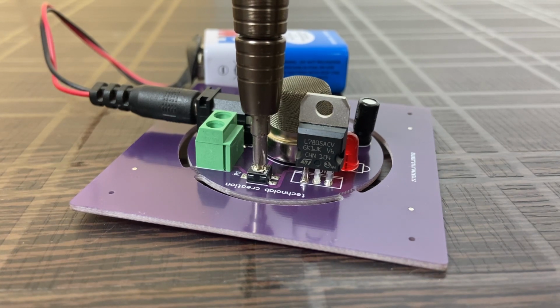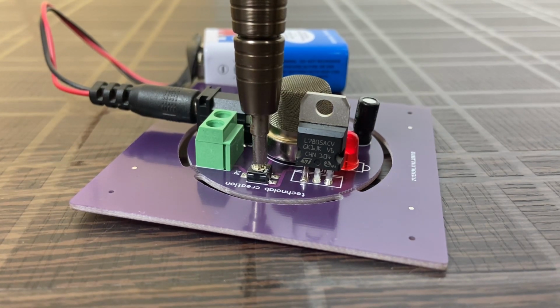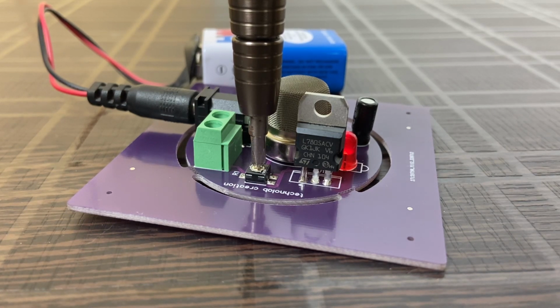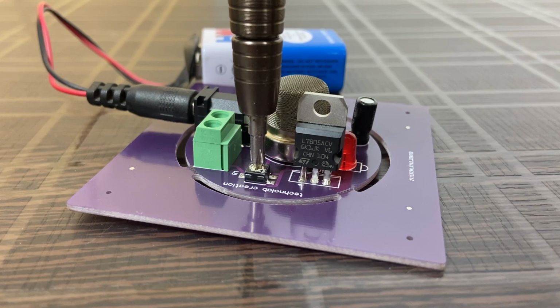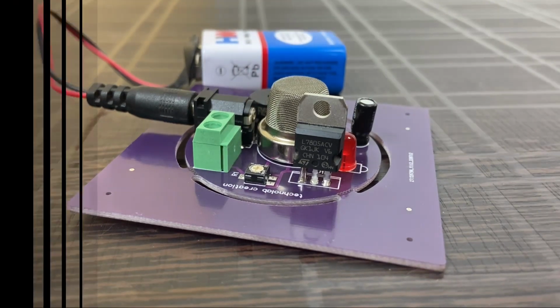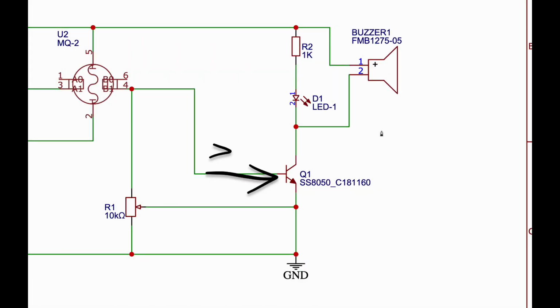During calibration, we applied a voltage just below 0.7 volt at the base of the transistor. Whenever the sensor detects smoke, it reduces its resistance. Because of this reduction in resistance, the voltage across the base of the transistor rises. Now when the voltage at the base terminal of the transistor becomes greater than or equal to 0.7 volt, the transistor turns on, the LED lights up and the buzzer also starts beeping.